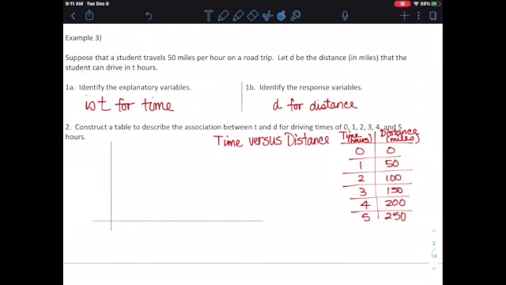Number 2, sorry to give you guys a run chart, but it should be a table like this. At 0 hours is 0, 1 hour is 50, and so forth. So there's your table. Okay, and then for the next one, number 3, what we're going to do is